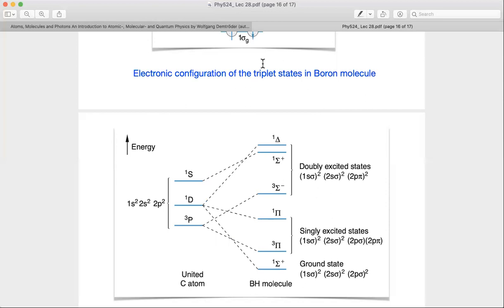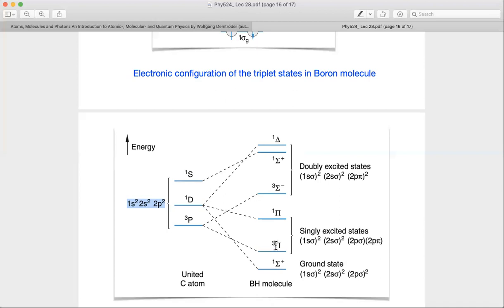Okay. For C atom, then you start with this 1s2, 2s2, 2p2 sort of configuration. You start with this configuration, which was also there in the mid-sem, one of the questions, the quiz, etc. Then, depending on this configuration and the total angular momentum, I can have this P, D, or S states, etc. And it may look weird, but the 3P states are sort of lower in energy than the 1D state as compared to the 1S state, etc. Okay. So these are the united atom states. And when you start separating out the molecules, etc., they will evolve in this set of states basically.